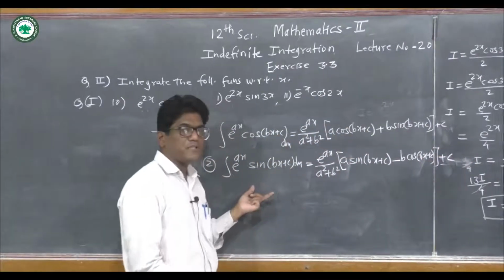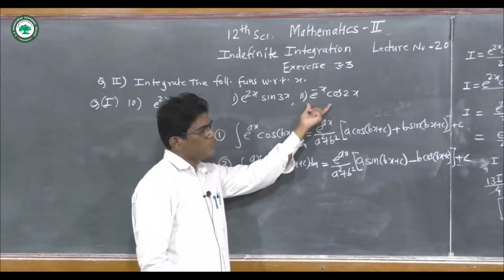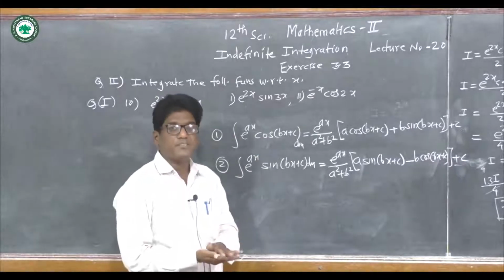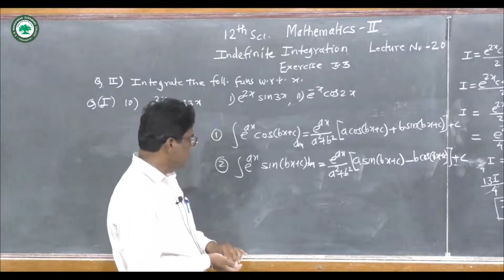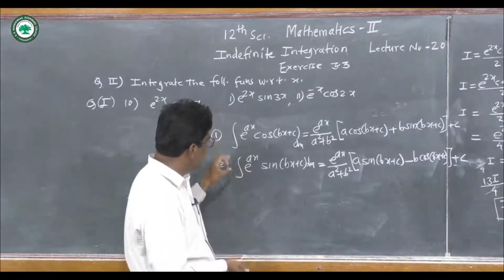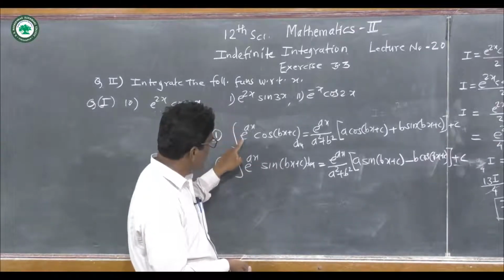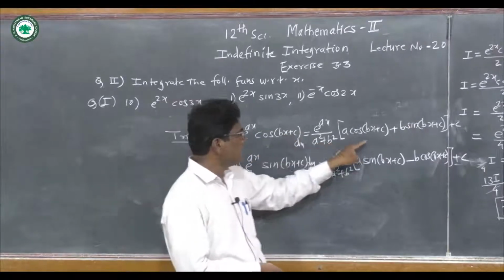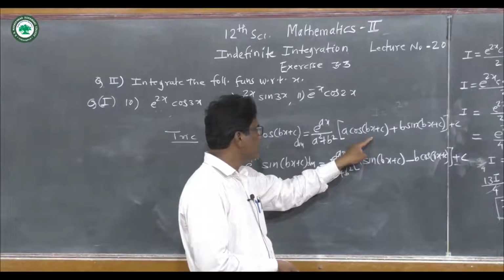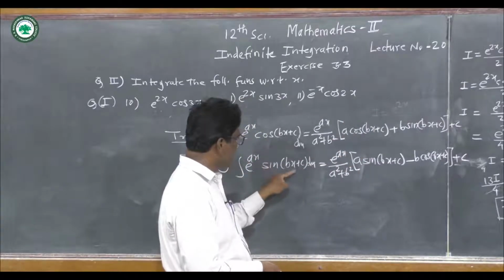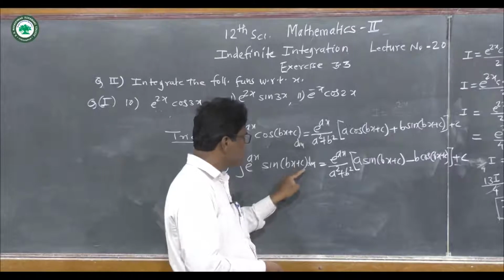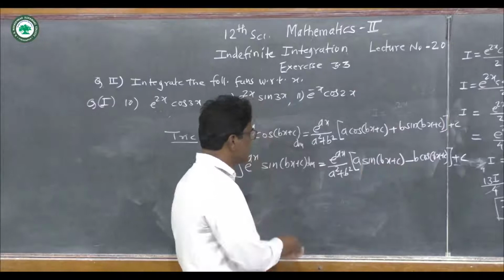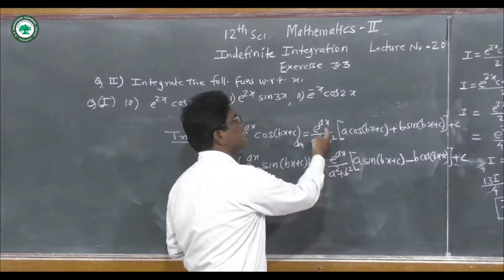So using this short trick formula, we can solve this problem, but on the board we have to go by Leibniz rule, that is integration by parts. So how to remember this formula: integration of e to the power ax cos of (bx plus c). In the question there is cos of (bx plus c), so start here with a into cos of (bx plus c). Here e to the power ax sine of (bx plus c). In the question there is sine of (bx plus c), so start here with a into sine of (bx plus c). Here plus sign and here minus sign. This part is the same.